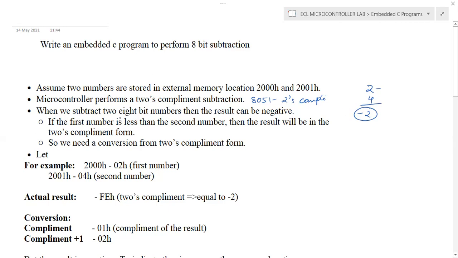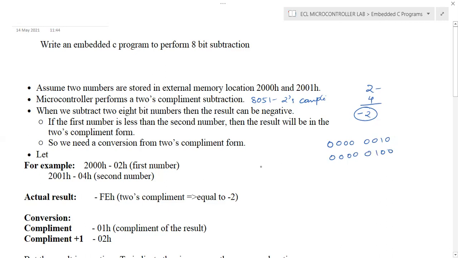Here we'll take an example. Assume that 2000H contains 02 and 2001H contains 04H. 02 is 0000 0010, the first number. The second number is 0000 0100.